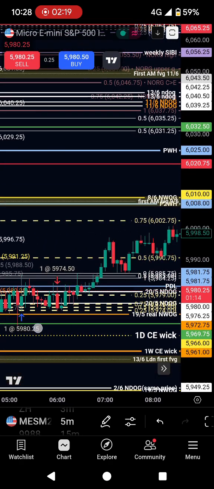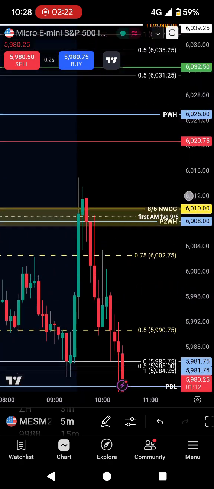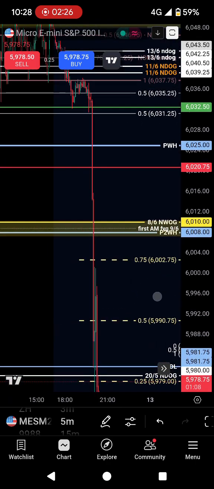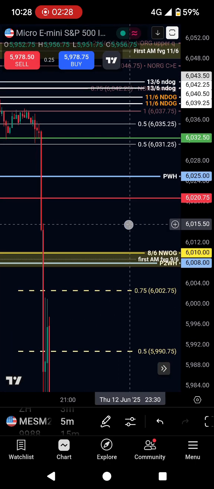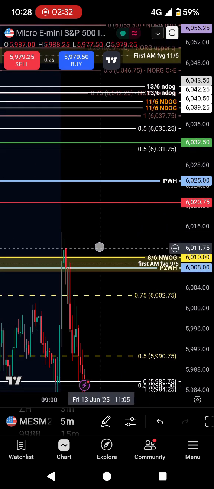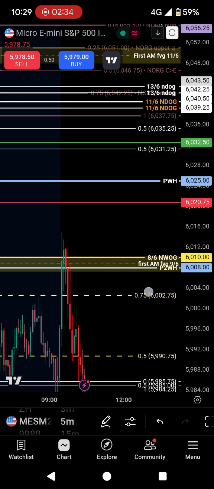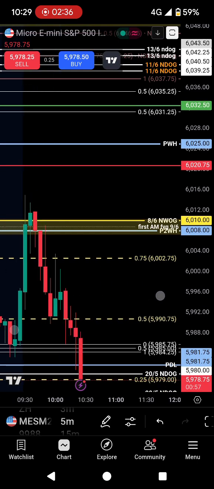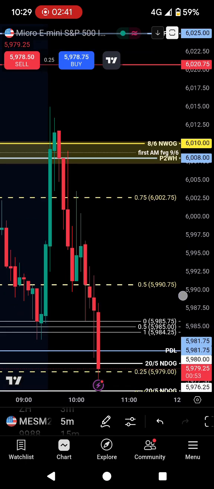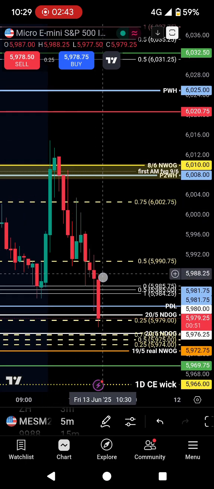Then went through it a bit, went higher also. So let's see, literally 6015.5, what's the high? 6014.5. Okay, then literally from here, the first fair value gap, AM fair value Monday, we drop lower